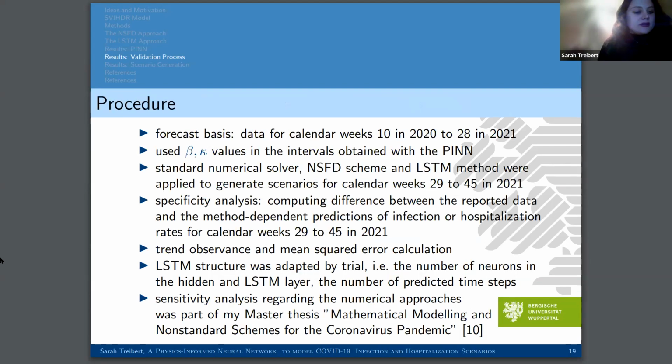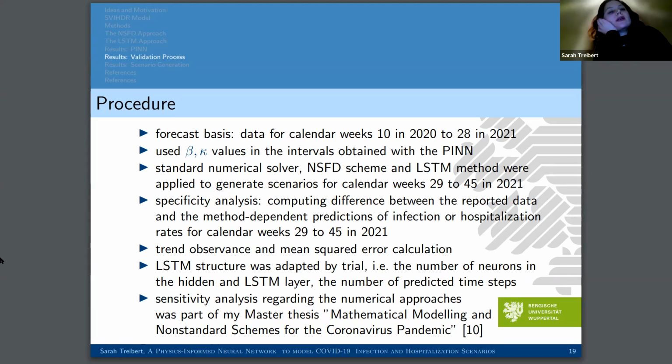Okay, now, just one more explanation concerning the validation process. We used the data of calendar weeks 10 to 28 of the next phase. Then we used the beta and kappa values in the intervals obtained with the PIN, and then applied those three methods I mentioned to generate scenarios for